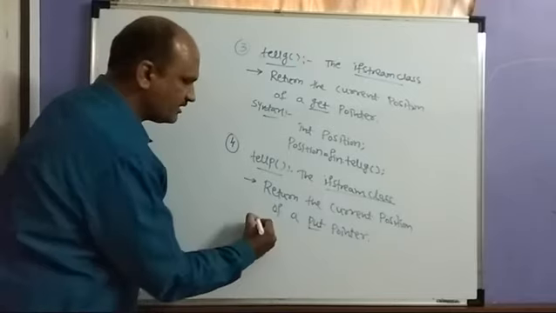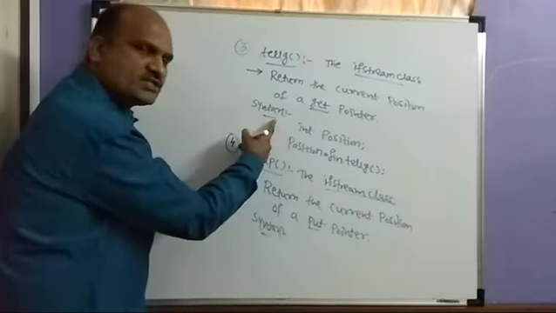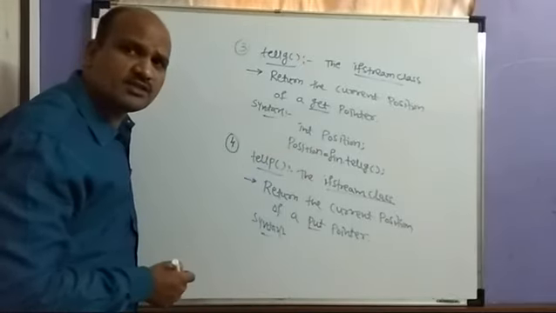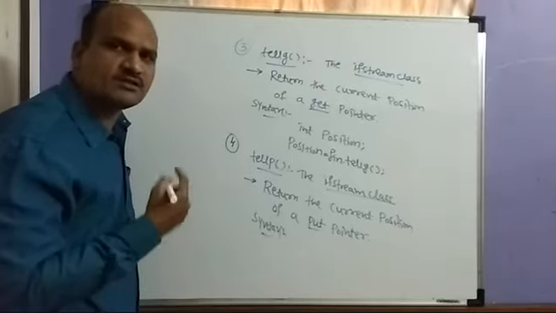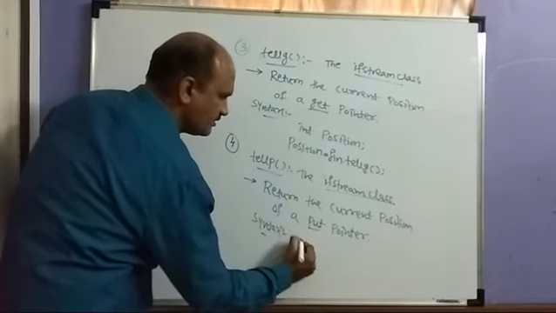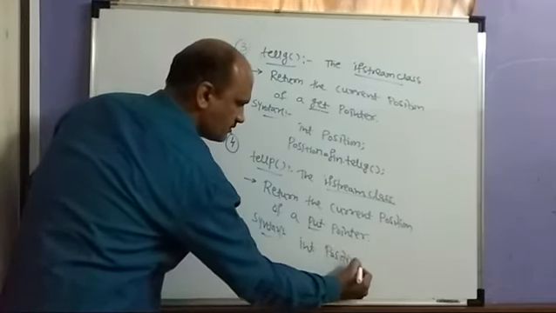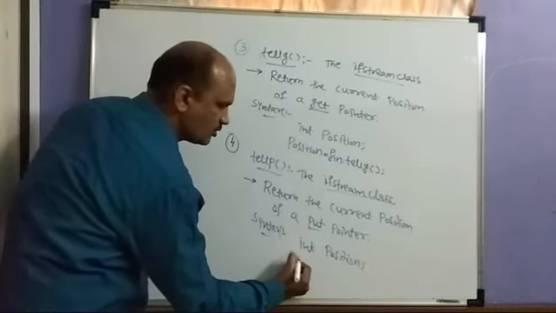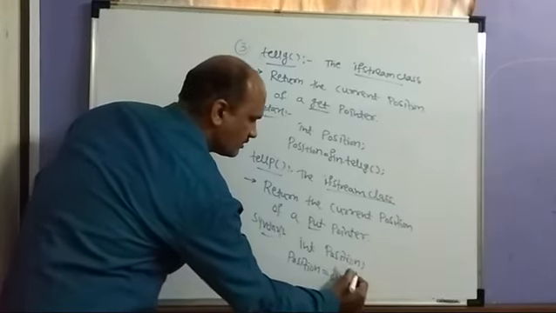Again the syntax: in the first case tellg returns the get pointer, but here we are using the put, meaning it will return the put pointer. Again int position is equal to fin dot